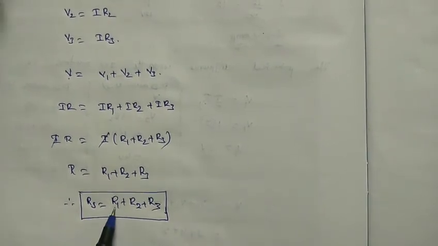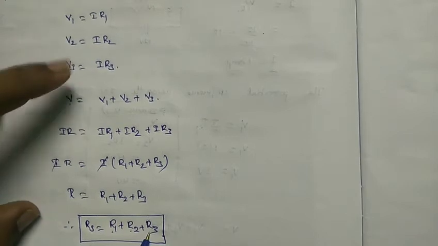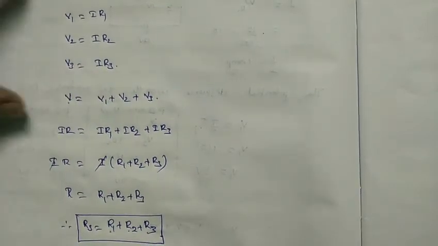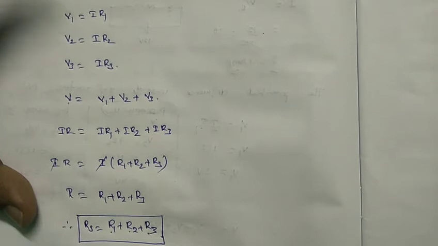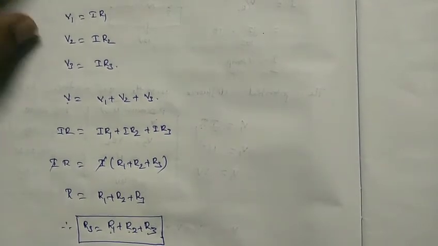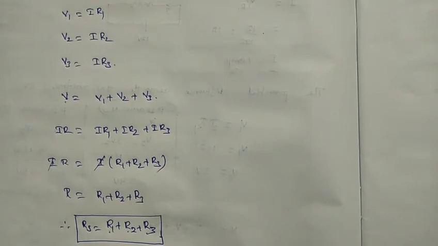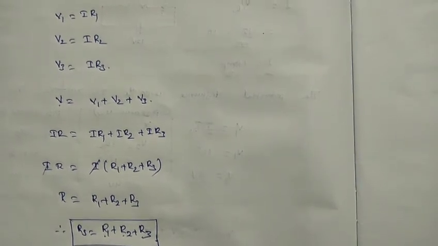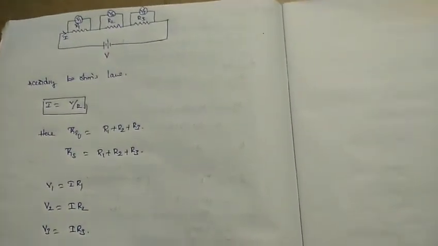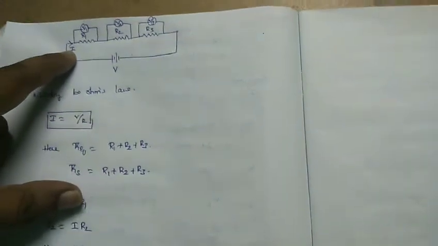The potential difference across R1 is V1 equal to IR1, across R2 it is V2 equal to IR2, and across R3 the potential difference V3 is IR3. So in this series combination, the resistances have potential differences V1, V2, V3 and the common current is I, and the total voltage is V. So you get individual voltage differences across R1, R2, R3. But the current through R1 is I, through R2 is I, and through R3 is I.